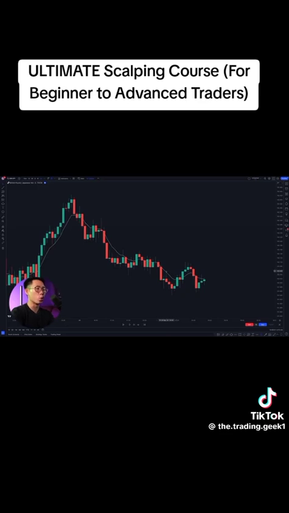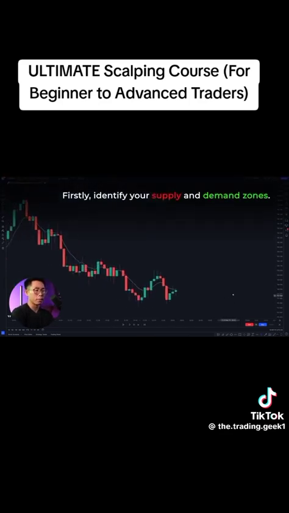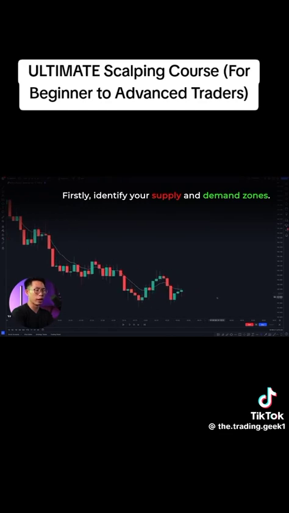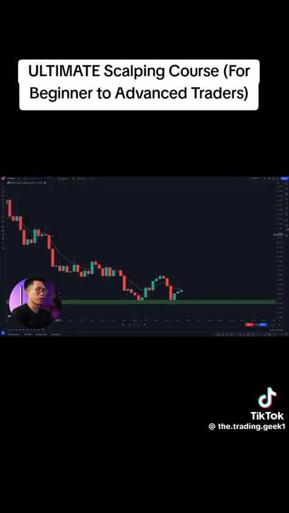Now for this strategy, we will be using the 8 exponential moving average. These are the settings, you can copy them if you want. Same thing, first step is to identify your supply and demand zone, and I can identify a demand zone being formed right here because price has just done a drop base and it could potentially be doing a rally